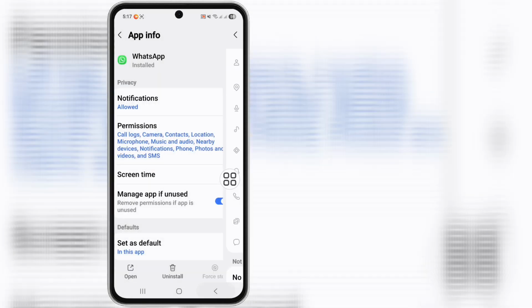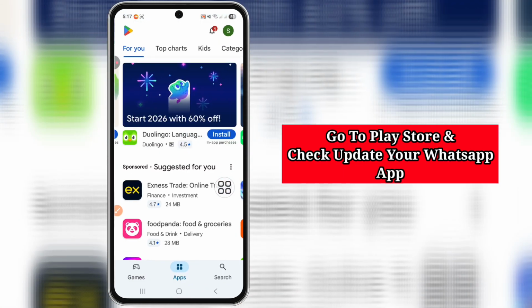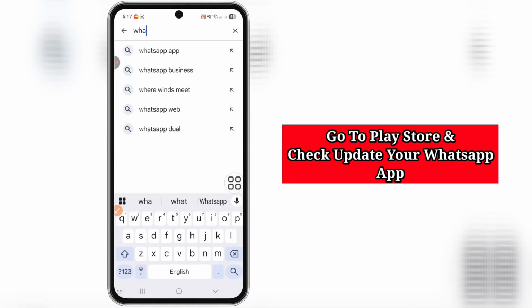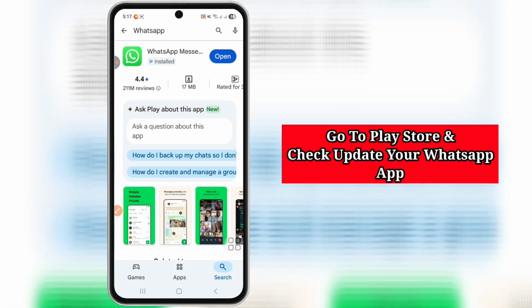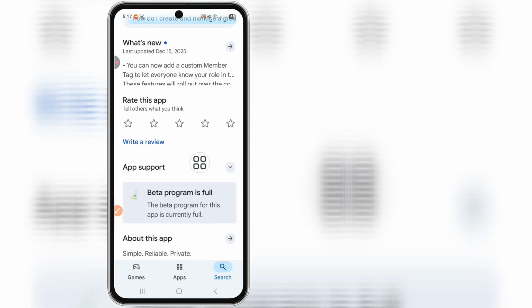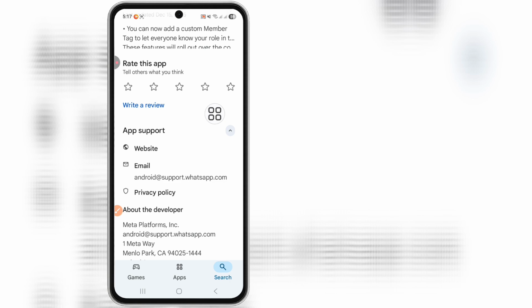Okay, go back and go to Play Store and now search here for WhatsApp and check for an update of your WhatsApp app. My WhatsApp app is already updated. Okay, scroll down. Now click on the app support and click on the email and